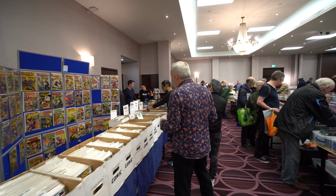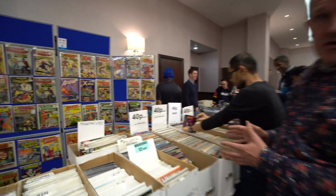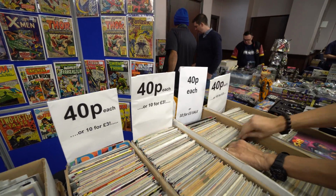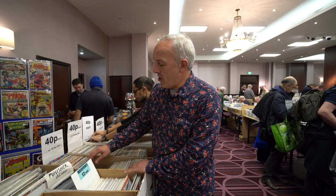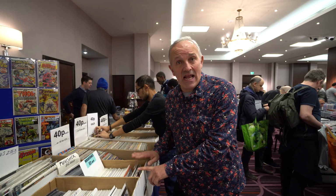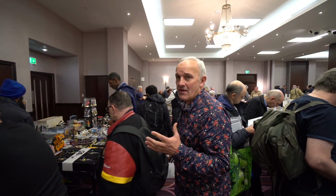So if we come on down, you get to the bargain bins. Most dealers will have bargain bins, and this is where the fans can pick up comics very cheaply. Cheaper than the price they came out at in the shops. Mostly they are found in specialist retail shops these days. There aren't so many in newsagents. They used to be sold through newsagents, but now only specialist retail outlets. If we move on down, we have another facet